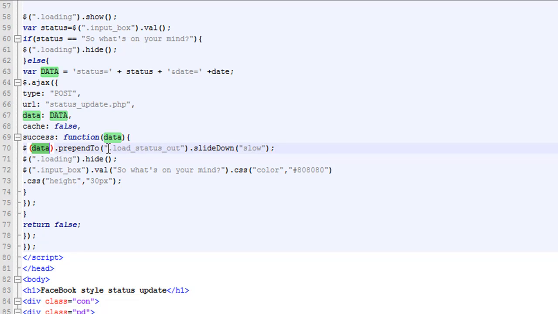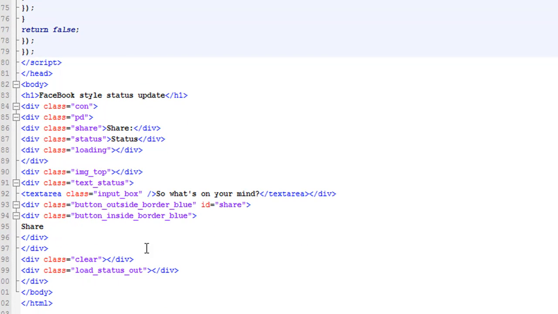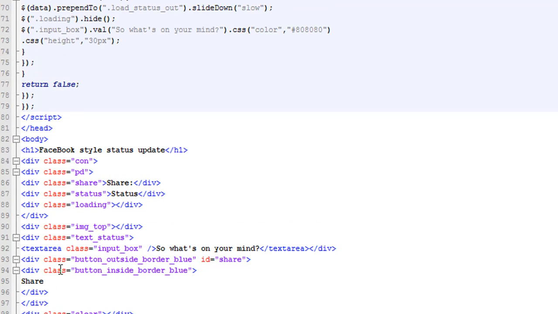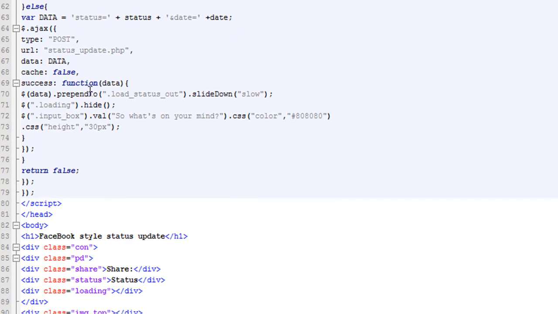This is going to put what we get from that status update file, and we're going to prepend that to load status out, which is right here. And that's going to take everything we get from status update.php